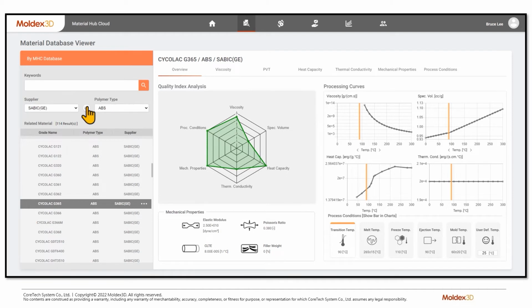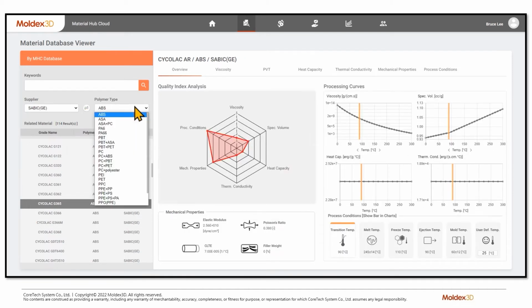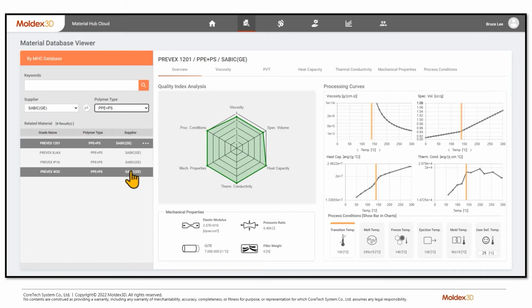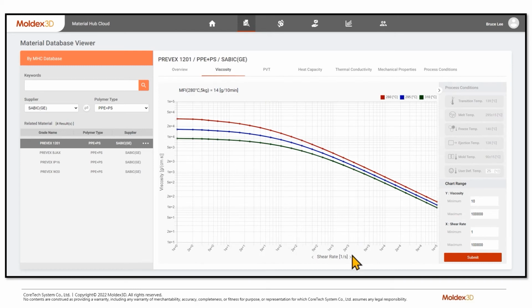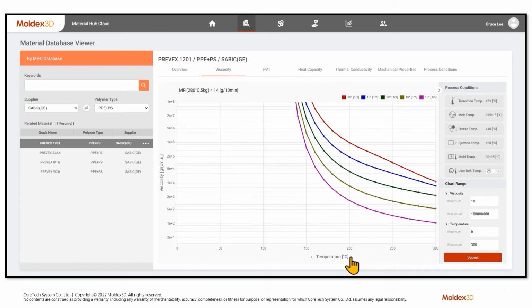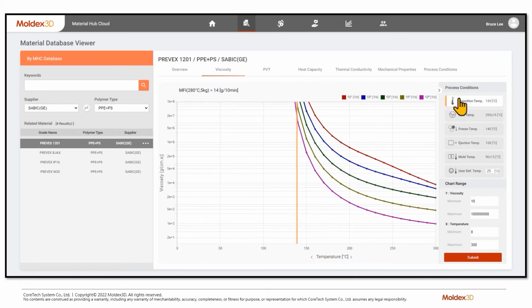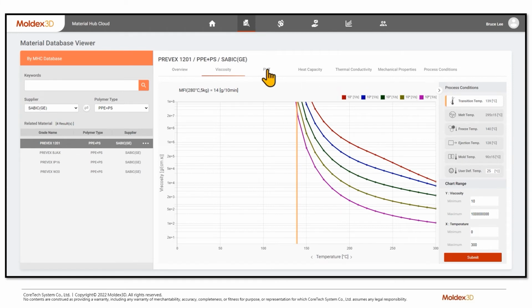The icon in the middle can switch between different bindings to get different results. Okay, let's choose this material. On the lower right side, you can mark its material temperature, molar temperature, or the other characteristic temperature. Switch to the viscosity curve. The x-axis below can switch between different plotting methods.